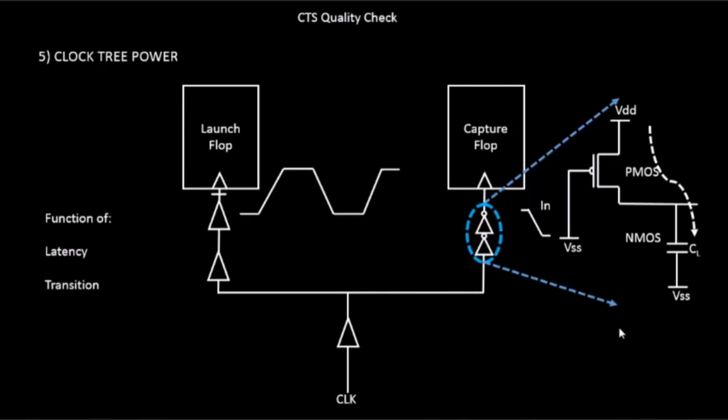When we say that a capacitor is charging, it means that it draws an amount of charge from the VDD, which means the VDD has to supply that particular charge to this capacitance. And when you say we are drawing some charge, it's as good as if you have a